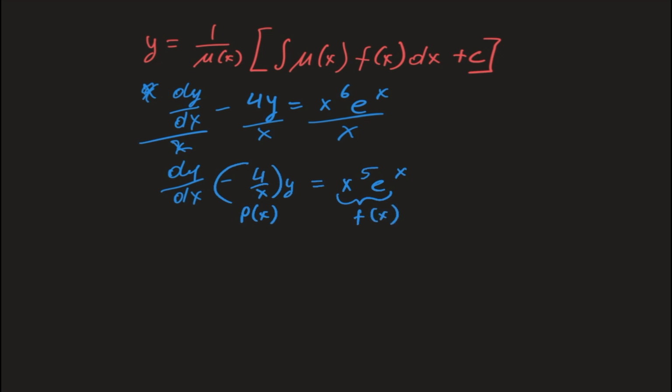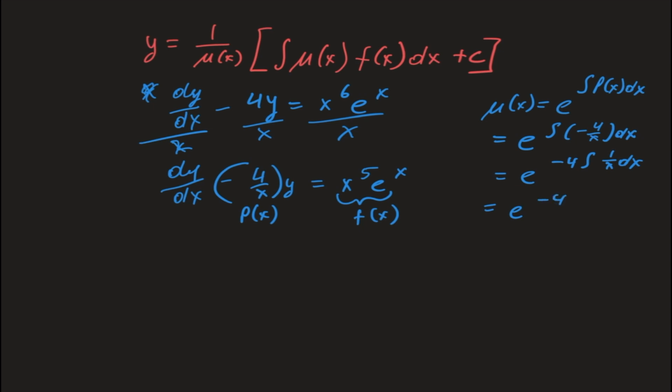Before we move on though, we need to find our integrating factor, which is mu of x is equal to e to the integral of p of x dx, which is e to the integral of negative 4 over x dx. I'm going to take that negative 4 and bring it outside of the integral, which is negative 4 integral of 1 over x dx, which is just natural log